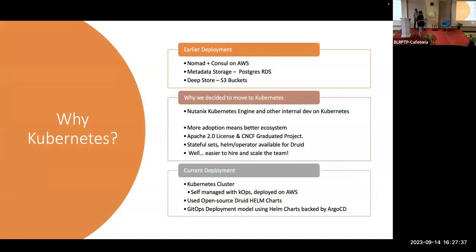So now we talked about Kubernetes, but where did we come to Kubernetes from? We were earlier using the HashiCorp stack, which means it was backed by Nomad and Consul, deployed on AWS. Our metadata storage was Postgres RDS, and deep storage an S3 bucket, as I have mentioned. So why did we actually move to Kubernetes from the HashiCorp stack? At the time we decided to do that,